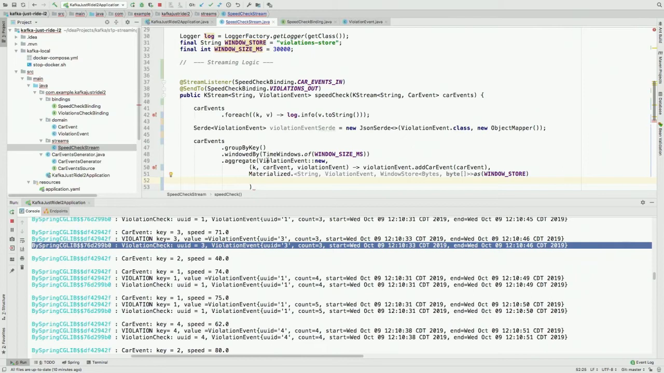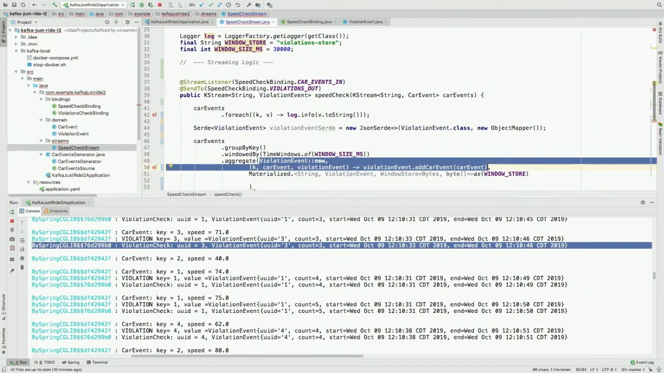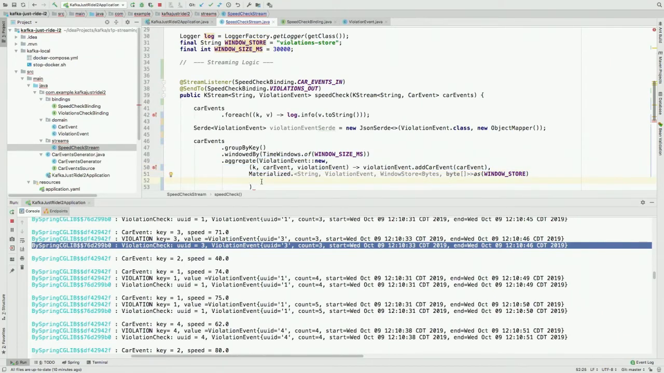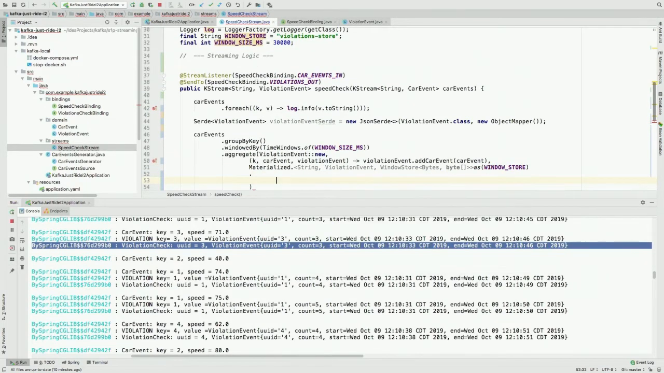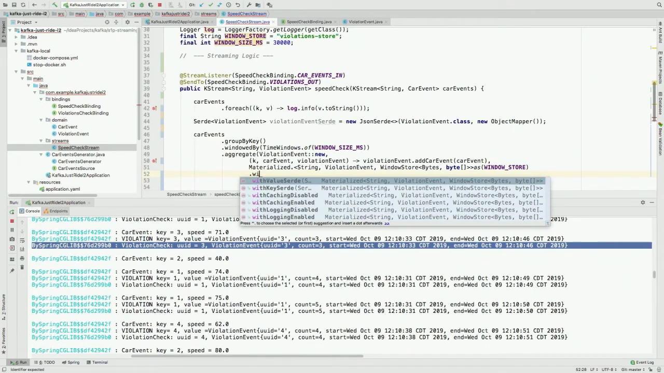Okay, so this is where the magic happens. This is the business logic of the aggregation. Rest of it is the plumbing to ensure that the stateful transformation, the intermediate state you're keeping, is resiliently managed. That is why it is important to materialize this entire view, and we're going to materialize that. It's not yet finished. So with key Serde,